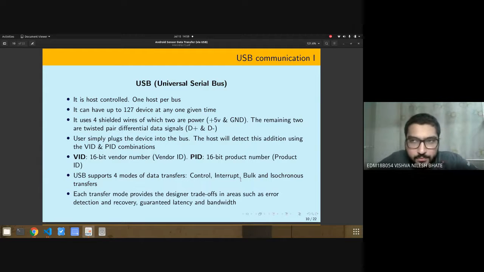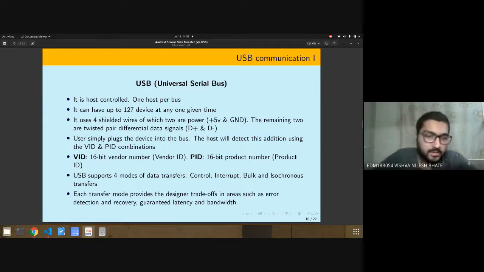And there are various modes in USB, which define the speed of the USB protocol. Based on that, you use D plus and D minus, but it's not required for the Android application to know that. It's very simple. You just plug and play. You just plug in your device, and then your USB is connected.